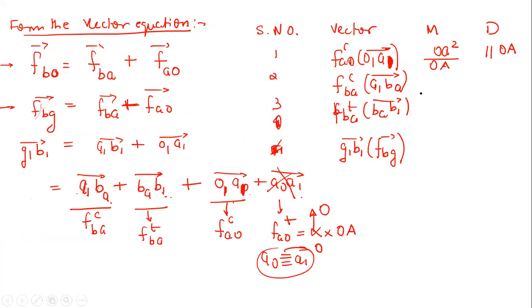Now again, is the magnitude for this known or not? Yes, sir. You just have to remember and write it down this way: VBA, that is the velocity of B relative to A, squared, divided by AB. We already know from the velocity diagram that this is the magnitude of the AB vector squared divided by AB, right? The direction is parallel to AB, and the sense is directed from B towards A, right?